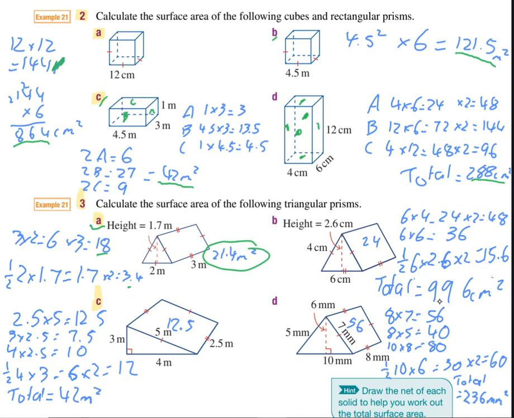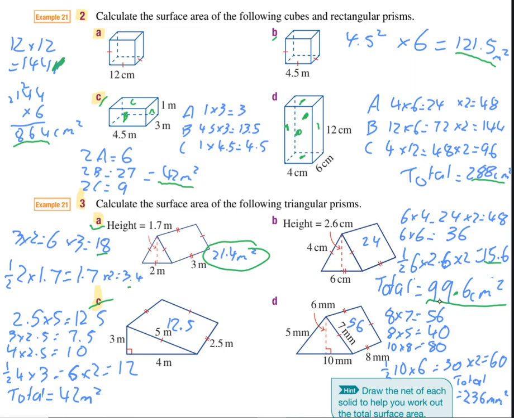Then your triangle, half base times height, half of 6 times 2.6 is your height, and there's going to be 2 of these, one on the front, one on the back, gets you 15.6. You add up all those numbers and you will get 99.6 centimeters squared, forgot my decimal place. Then when you get over towards C,